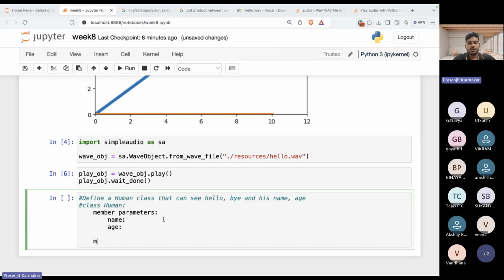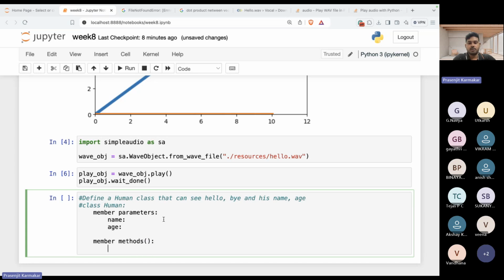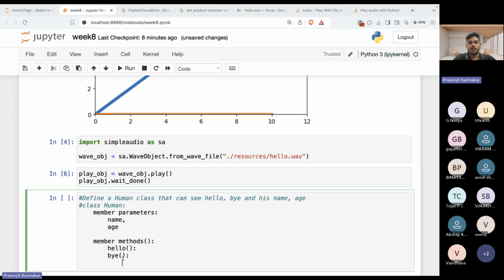And then member methods. What are the member methods I want to build? Hello. So whenever I call hello, he should say hello back to me. Whenever I call bye, it should say bye back to me. And let's say greetings, right? So whenever I play greeting,